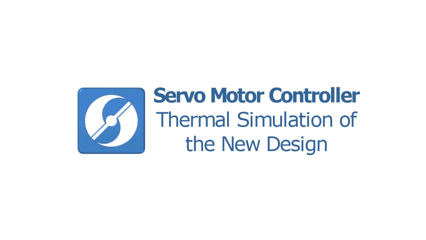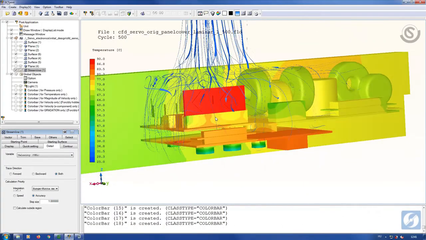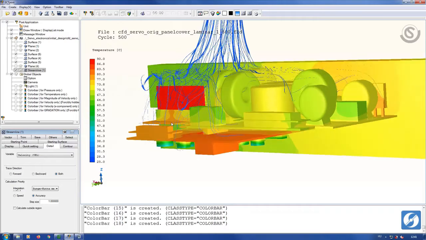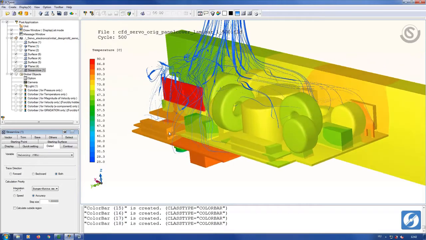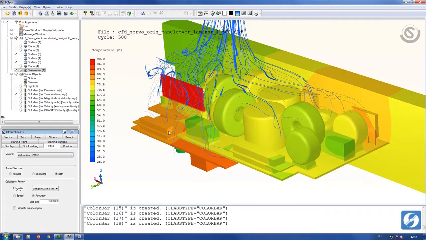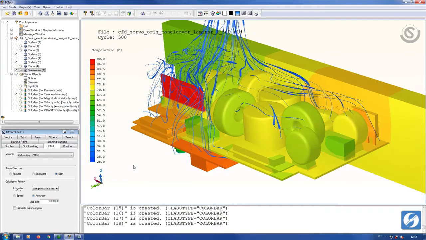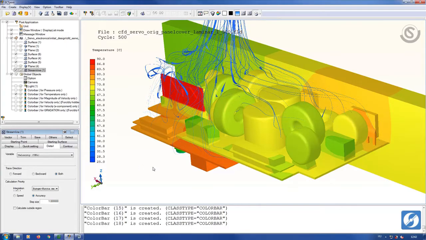In this episode I'd like to show you the thermal simulation of the new design of a servo motor electronic controller and how you can save time on the setup process by reusing files of the initial design in SC Tetra. You may well remember from the previous episode that we had a small vertical PCB card with two silicon chips which were feeling quite hot under the casing. These chips nearly reached the blazing 90 degrees C when the ideal would be 60 or below.